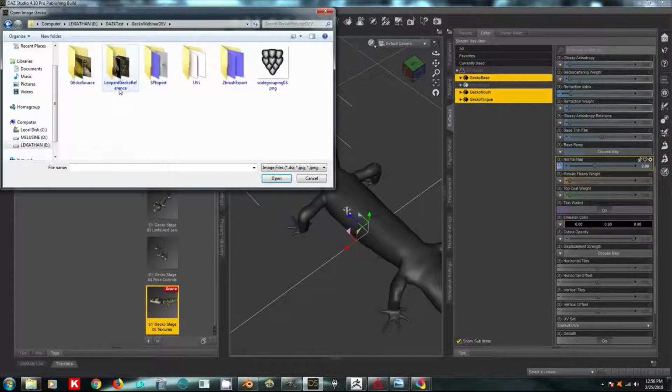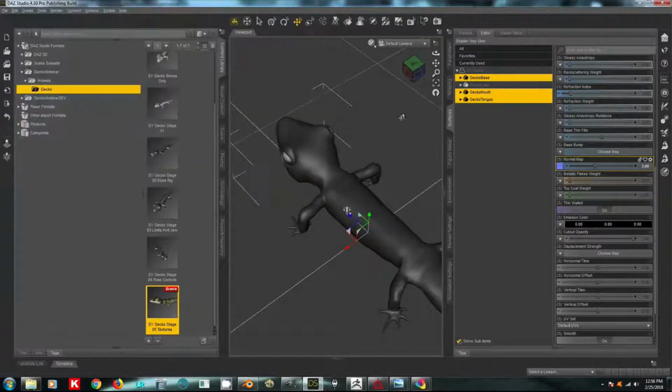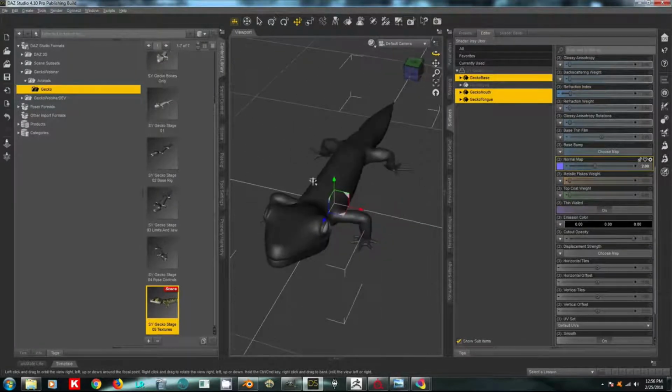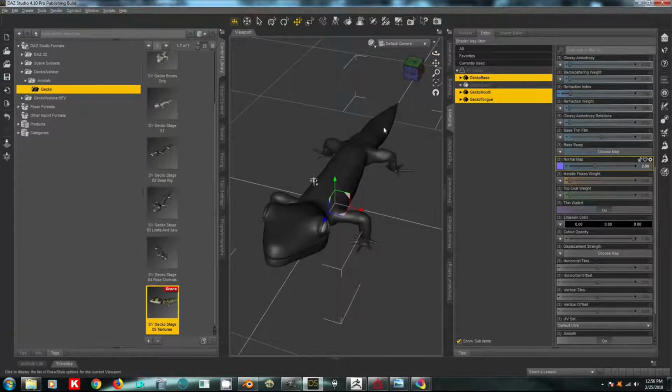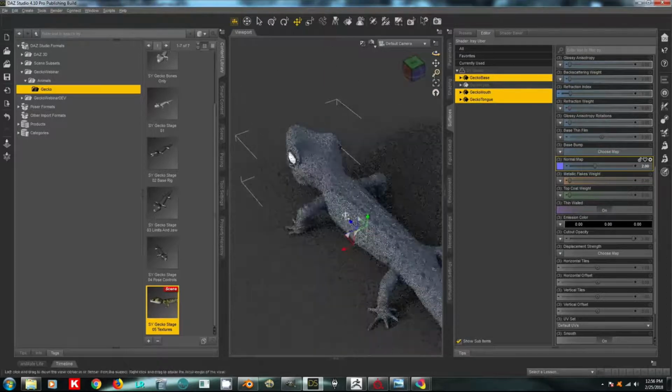So let's look at how that one came out from Webinar Dev, from ZBrush Export. And let's look at our gecko normal map. I don't like doing displacement maps from ZBrush either because it tends to create seams that I don't want. And this is a better looking normal map in less time than we got with Blender,